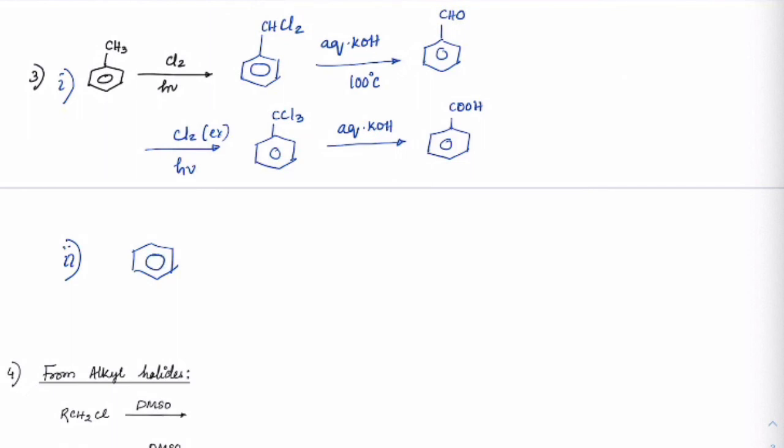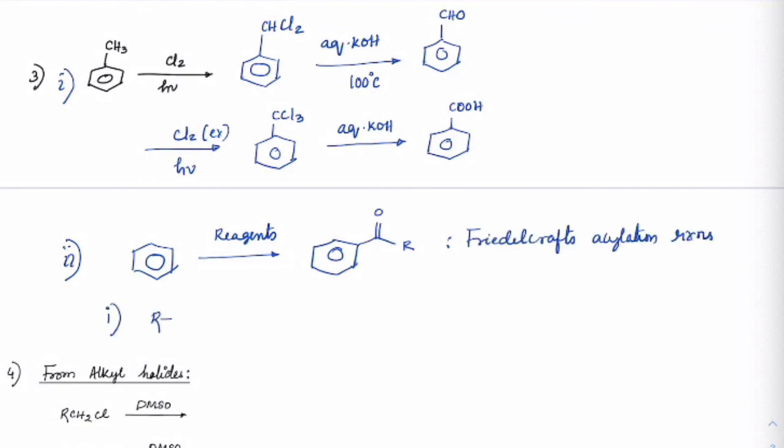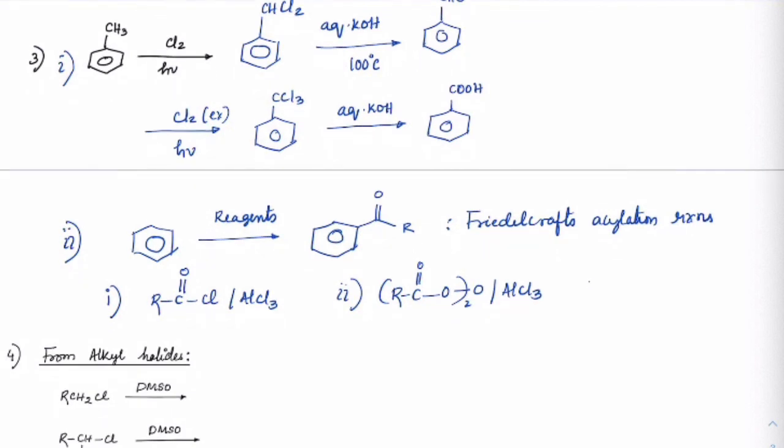Next, if you take benzene and use certain reagents, we will be able to get substitution of C double bond OR as well. We call this Friedel-Crafts acylation. So basically we need either R C double bond O Cl in the presence of AlCl3. We can either go for R C double bond O, O, O twice, that is an anhydride, in the presence of AlCl3. You can use acid chlorides or anhydrides,